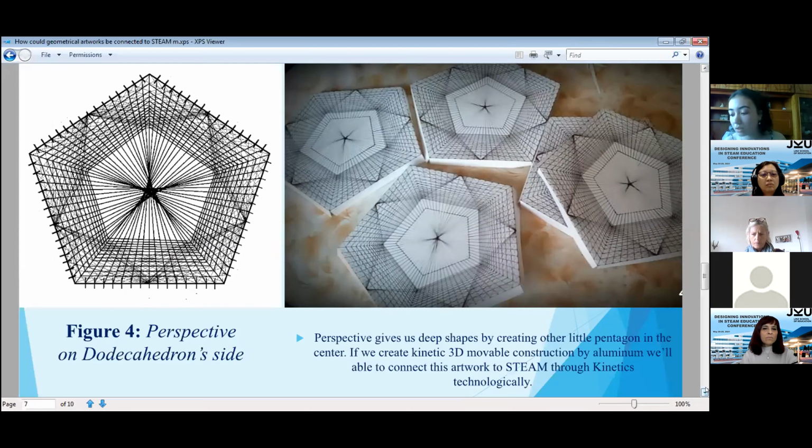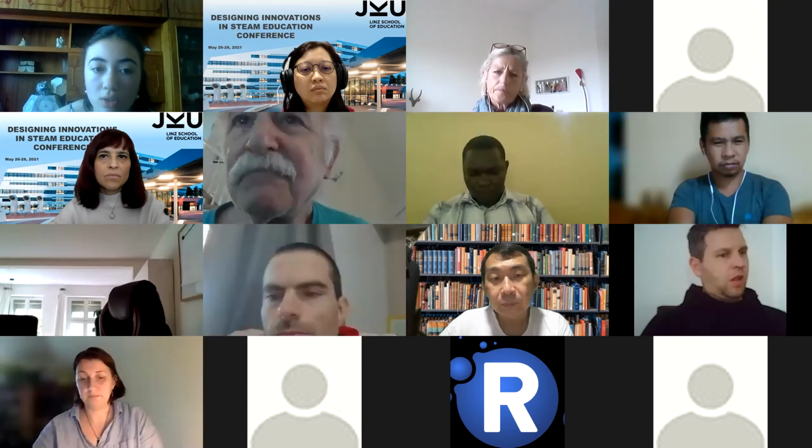You can see that here there are many examples of architectural models. And some of these constructions are able to reflect human movement. And in the future, I want to create a 3D model of these constructions in order to